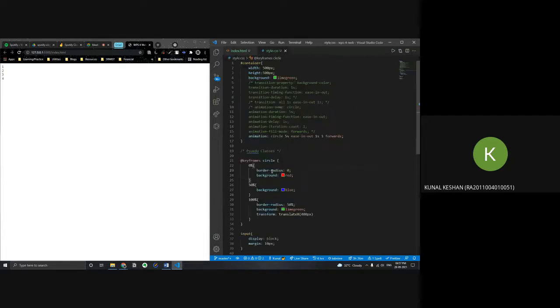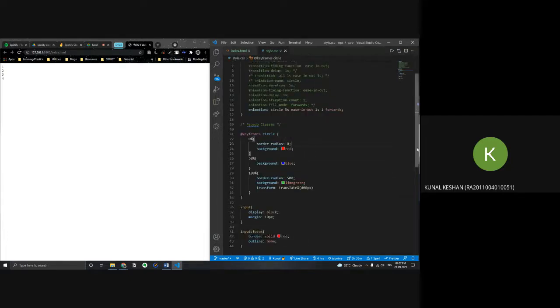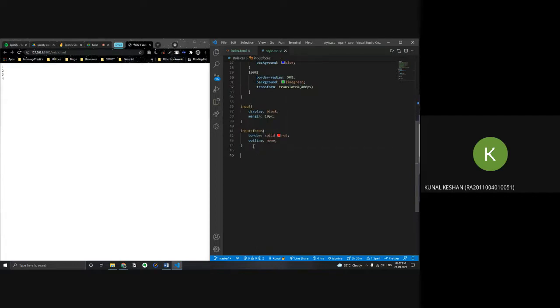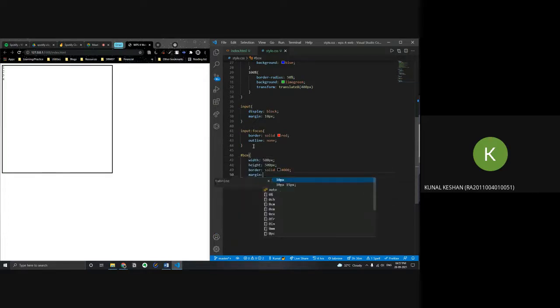So I'll come to my style sheet. I'll put a box over here and a simple width, let's just give 500 pixels and a height of 500 pixels. Okay, and border solid, margin 0.